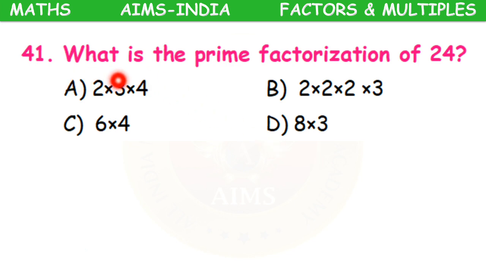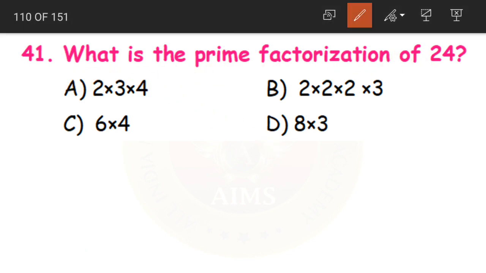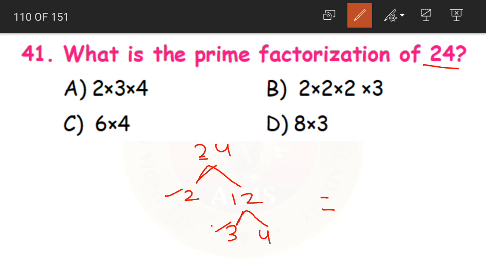Next question. What is the prime factorization of 24? How will we do that? With the help of a factor tree. Yes, we have 2 12s are 24. 2 is a prime number, so let us leave it there. And then 12 can be written as 3 4s are 12. 12 can be written as what children? 3 4s are 12. So 3 is a prime number but 4 is a composite number. So again splitting 4 as 2 into 2.